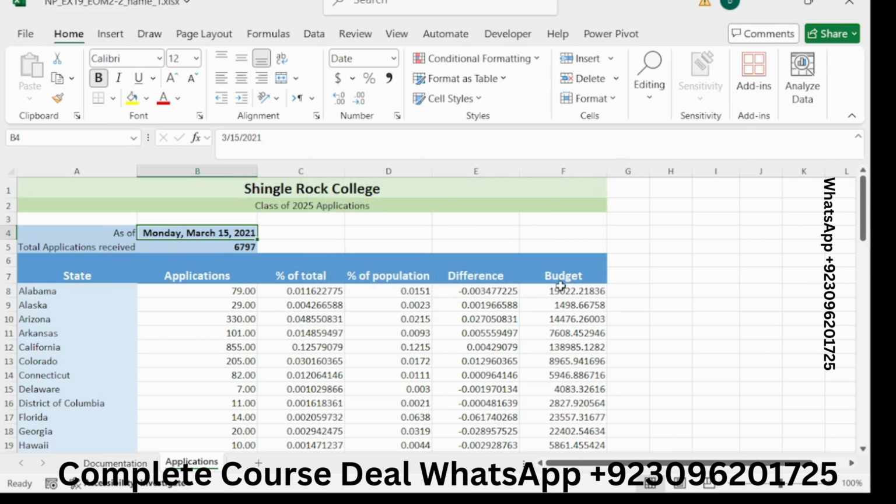And our step number 10 is format the application table by clearing the formatting from the range A6 to F6.